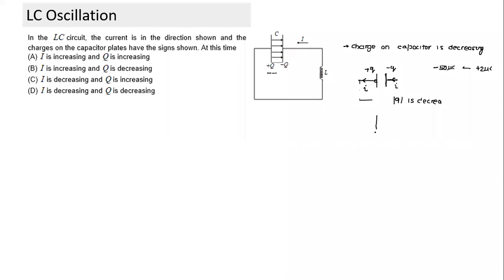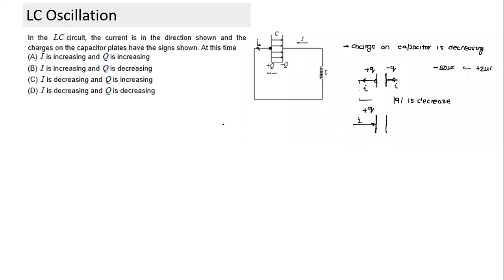Similarly, if I had drawn something like this, charge is plus Q, and this is the direction of current here. What does this indicate? Positive charge is moving away from the plate. Charge will decrease. And it's always better to look at the positive plate, because negative and negative-positive becomes more confusing. Though the current is given here, I will always look at the positive plate. The positive increase or decrease is easy to understand. So this is equivalent to charge being removed from the positive plate, so the magnitude of charge will decrease. We are only concerned about the magnitude. So in this case, charge on the capacitor is decreasing.